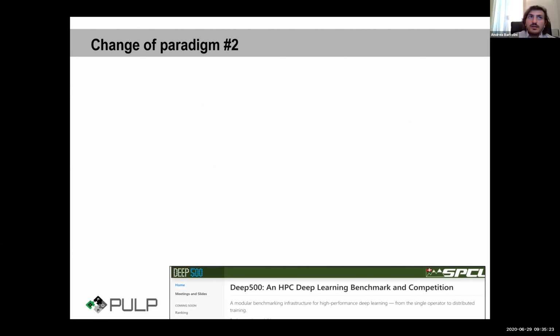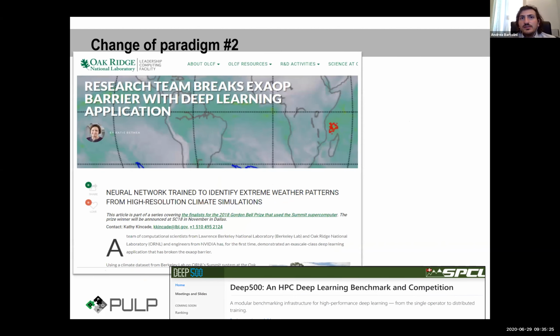The second change of paradigm is that also in HPC systems, so in scientific computing clusters, there has already been a trend of starting to use new computational paradigms such as deep learning as a way of solving complex problems that before were not simple to model, and also to exploit the efficiency of reduced precision arithmetic in hardware accelerators.